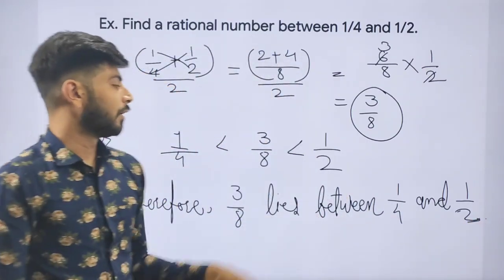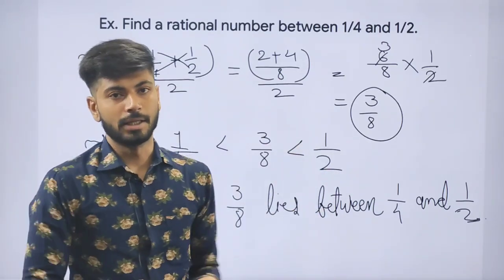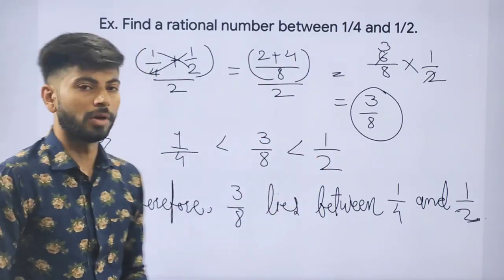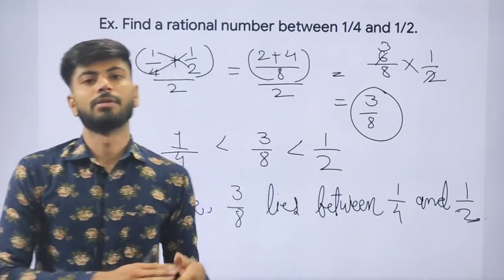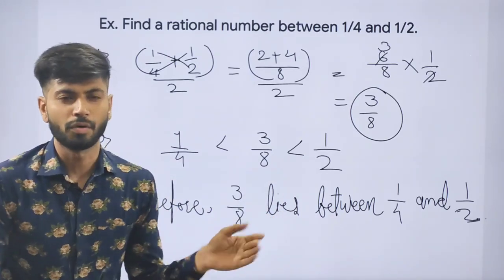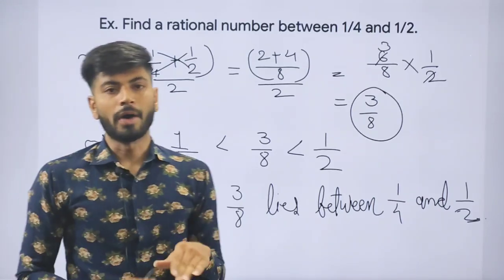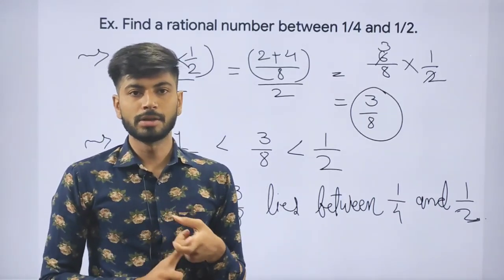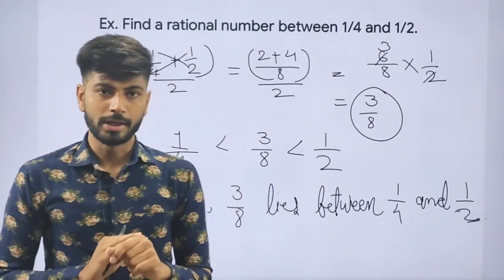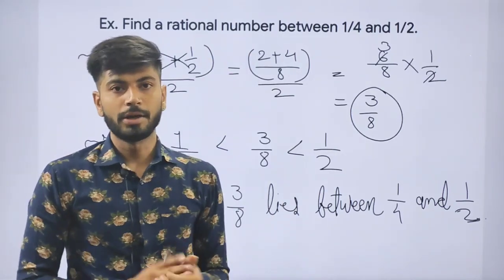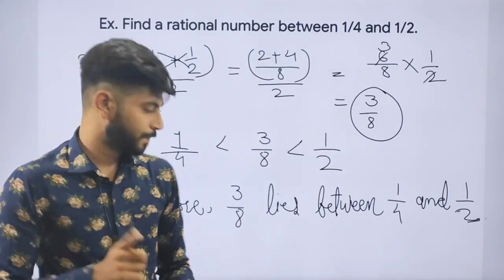Okay, now you can think, if we are going to find the mean for 10 rational numbers, then it will be very lengthy. We have found only one rational number between these two numbers using this method. If we have to find 10 rational numbers, it will be very lengthy, so we will not use this method for the exercises. Okay. So these are the methods to find a rational number between two rational numbers, and we have also learned the rational number on the number line. The exercise is very easy. I will just explain the question and you have to do it yourself, because the method is given to you.